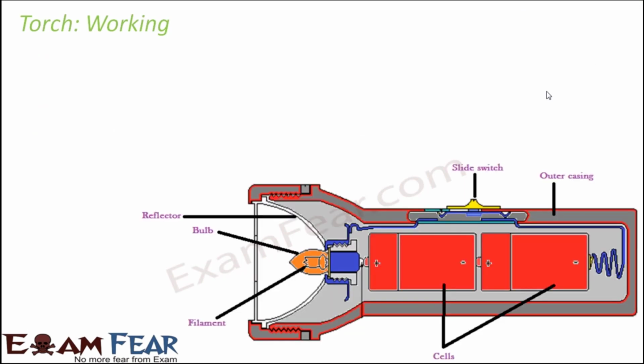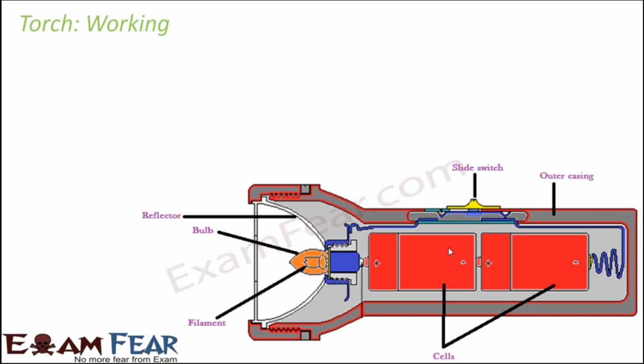Now let us see how exactly a torch works. When you look at this internal structure, you see another very important part. Do you see a spring-like structure, this blue color structure which is present throughout the length of this torch? This is nothing but a spring, which is also termed a contact. Why is it called a contact? Because it connects the different parts of the torch, like the batteries, the switch, and the lamp or the bulb. The bulb, switch, and the batteries are all connected through this blue spring-like structure, and it connects them so that electrical conduction happens between these three parts.